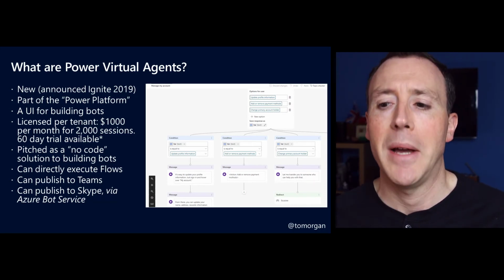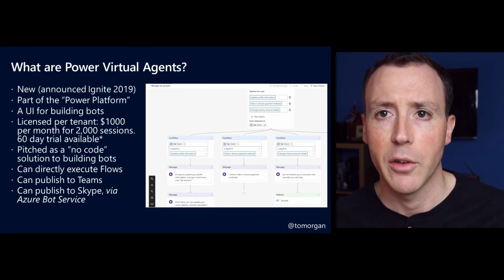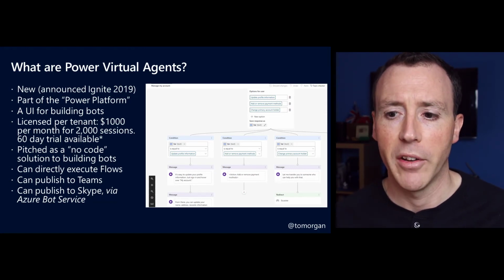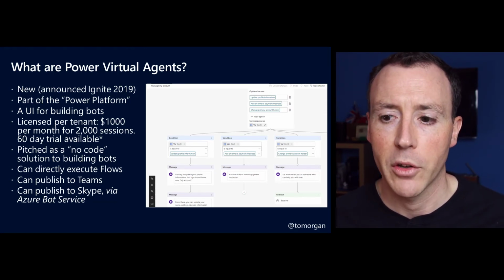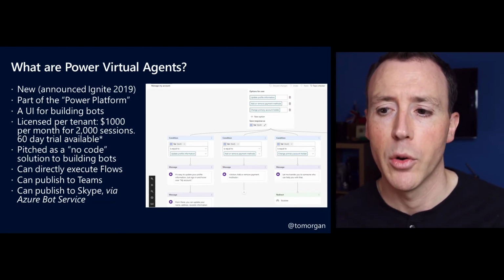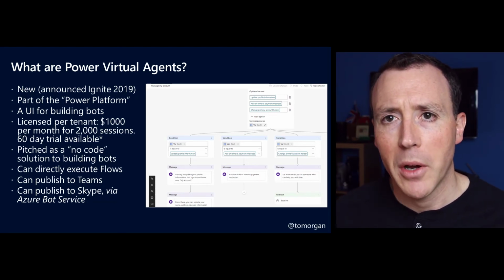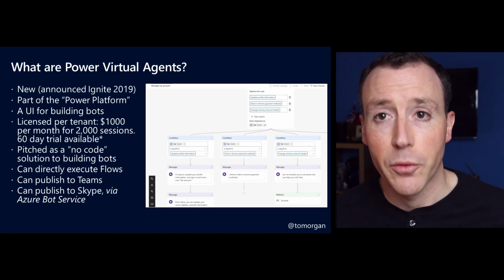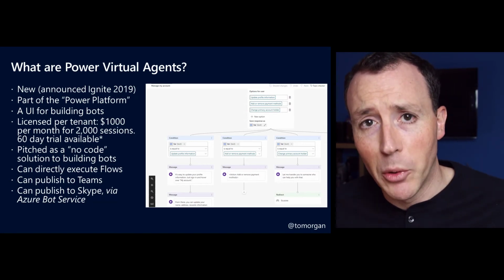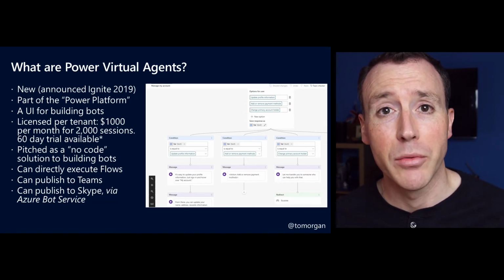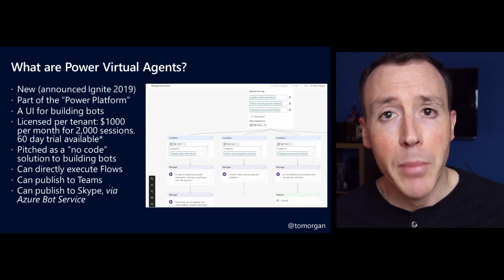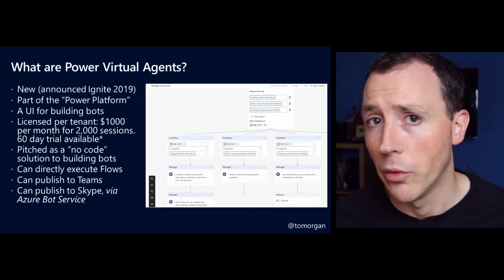It's important to point out Power Virtual Agents are licensed per tenant, so if you want to use them, there is a license to use them. The costs are on the screen, they're correct at the time of recording. The Bot Framework Composer, by comparison, is "free", but it's important to understand what that means. So it's free to write the code,